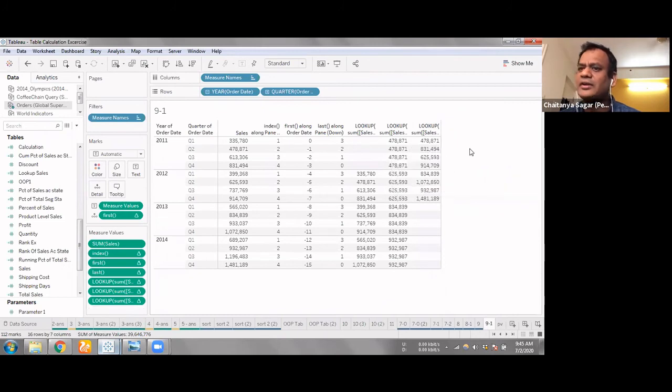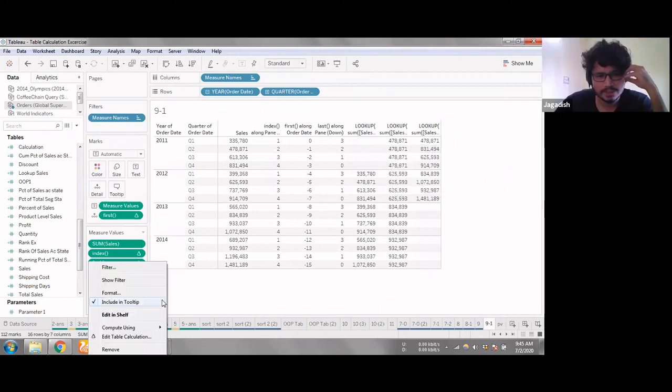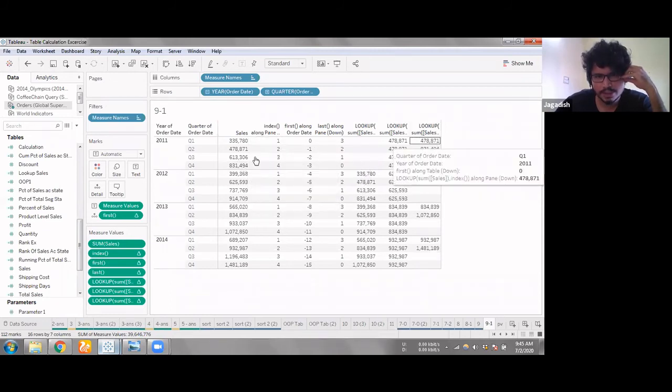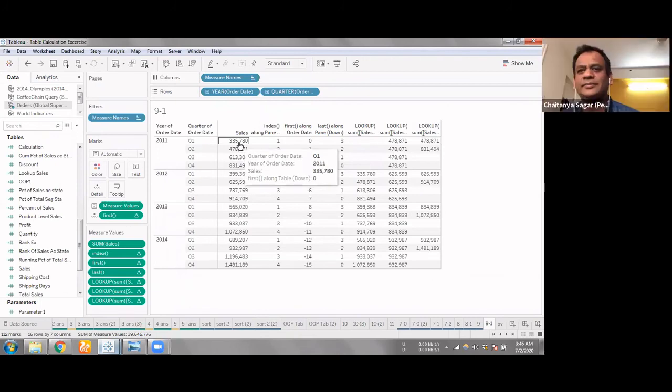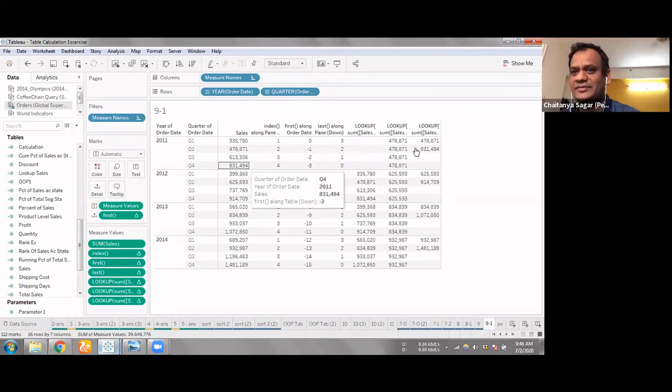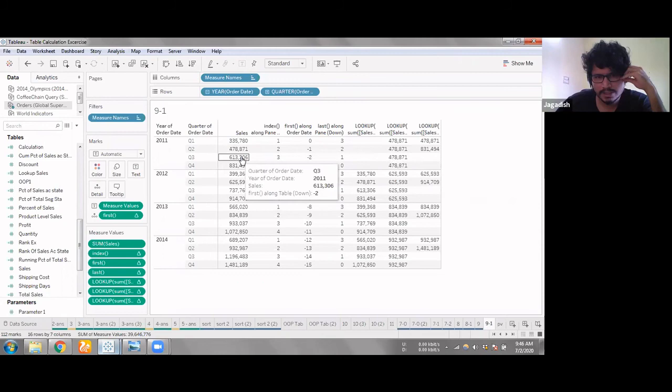Okay. Let me just put it as a pane down so you'll understand what's happening. So this is my index field, this is my sales field, and this is lookup with offset index. What it's doing is, this is taking the sales value, and with the offset of 1, it's giving me this value. When I go to the second row, my index value is this one. So with the offset of 2, what I have from this value is this value, 831. It's showing me this, and for this and this, I have an index value, but for that index offset, I don't have any value in this pane, so it's showing me blank.